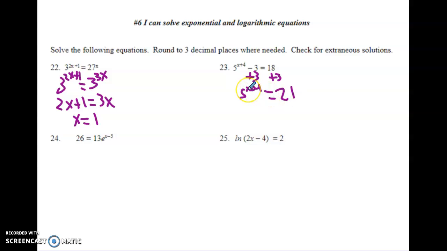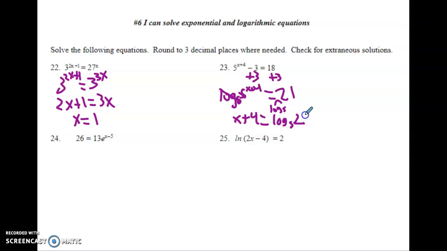Now, to get that x out of the power, we have to get rid of the base. And to get rid of the base, we could take the log of both sides, but we have to make sure that it's log base 5 so that the log base 5 and 5 will cancel out. And then over here I've got to squeeze in another little log base 5. So the log base 5 and 5 cancels out, and we just have x plus 4 equals log base 5